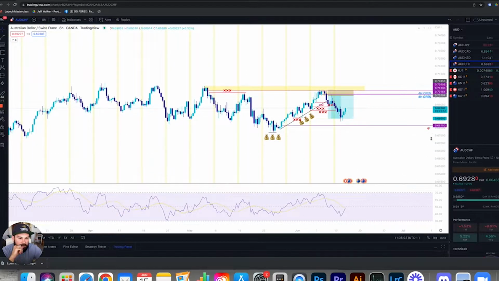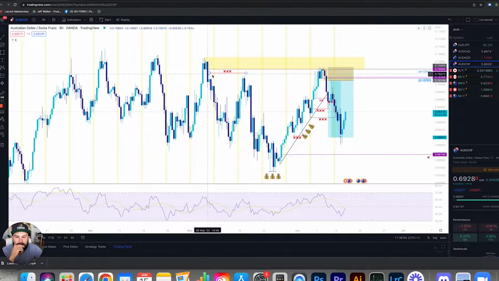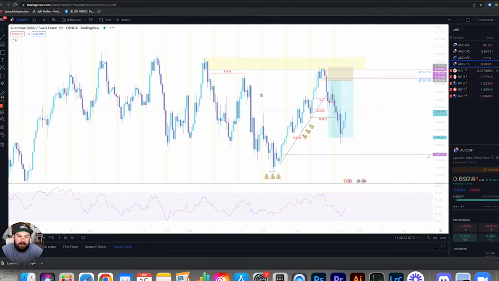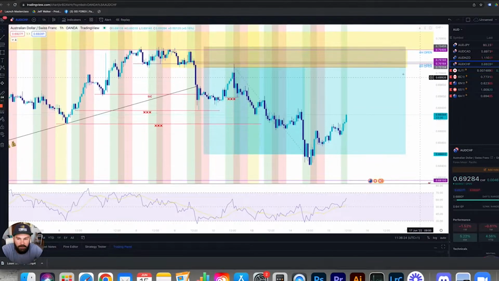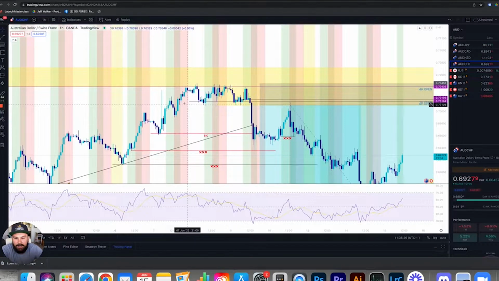Let's break down time frames, go to 8 hour. You can see price created equal highs and pushed down. Price came back up, liquidated these equal highs, filled the imbalance, mitigated a refined order block within that daily order block higher time frame, and then started to distribute. But I needed more proof on the distribution. So if I break down to the 1 hour, you can see how price came in, mitigated that daily order block, distributed, pushed down, and then